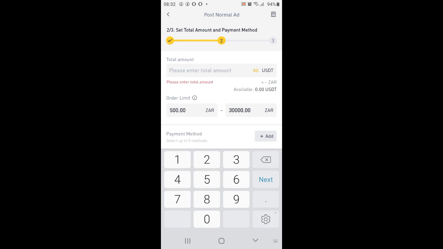Okay, so the third one is much easier, and then you can just put in how much the person will have to be paying you, how long they're going to take. I mean, making a payment doesn't last that long, maybe about 5 minutes, but you can push it into about 15 minutes or